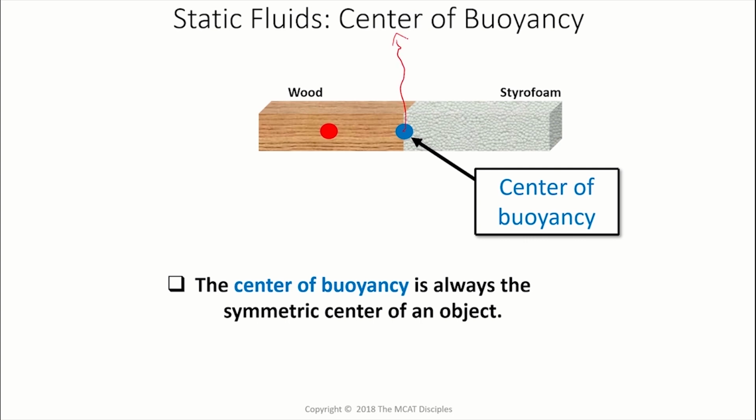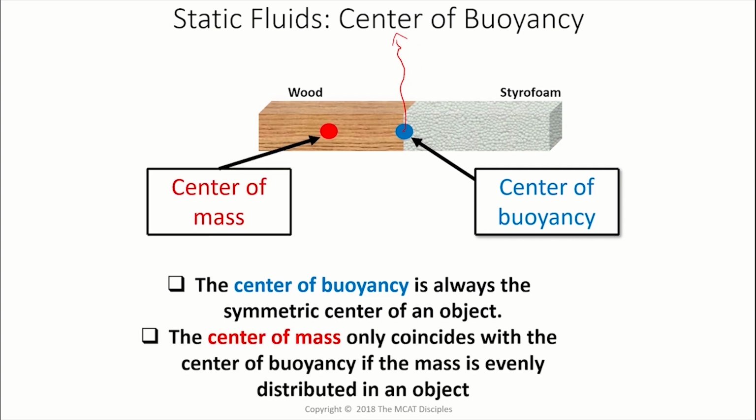However, that is not always coinciding with the center of mass. The center of mass in a symmetric object would be the center. But in an object that is asymmetric, the center of mass is going to be wherever the most mass is, right? And so the center of mass in this system, where the styrofoam is essentially weightless, we assume this is weightless or very light, is over here. And again, that doesn't coincide with the center of buoyancy.